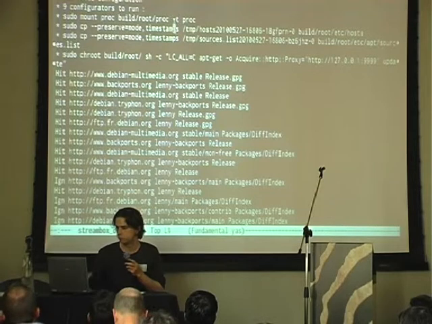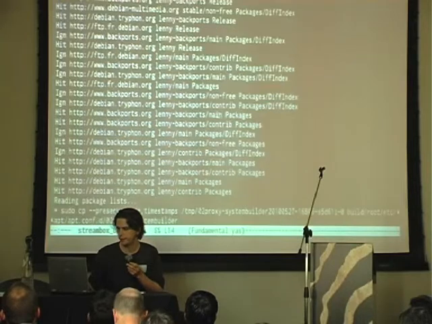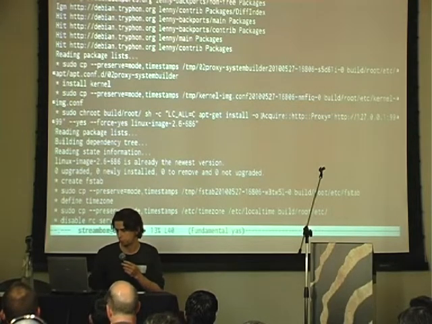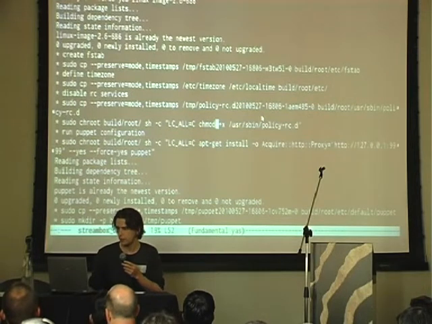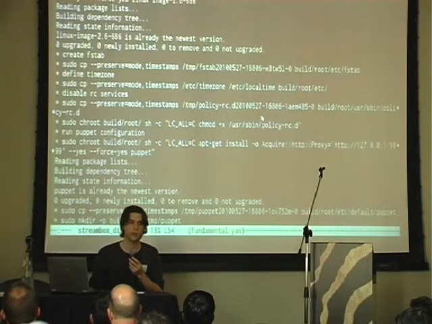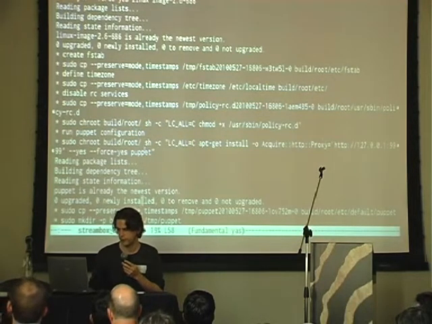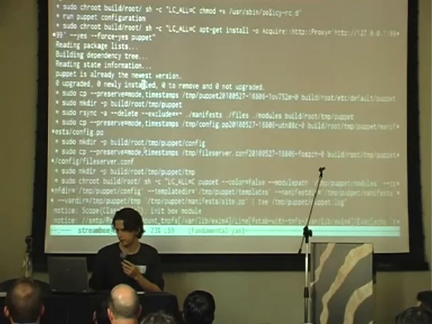A configurator will do something like create a hosts file, update the APT descriptor, something more complicated like install the kernel, change the time zone, locales, change the Debian policy to avoid service start. Install Puppet. This is the Puppet configurator. It installs Puppet. Puppet is already installed in this case, but if needed, it installs Puppet.